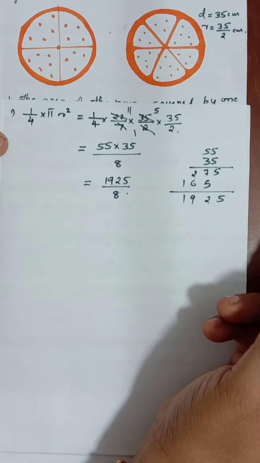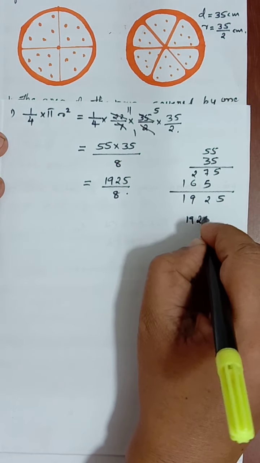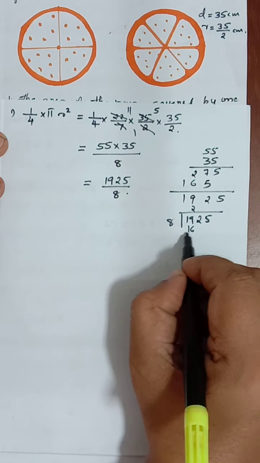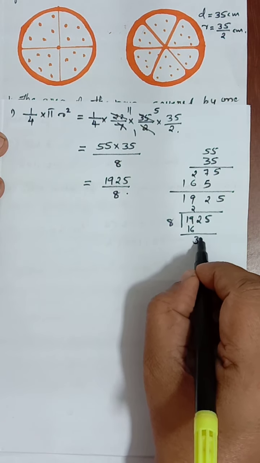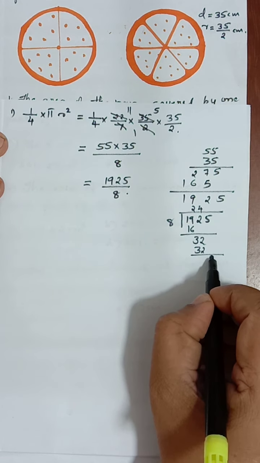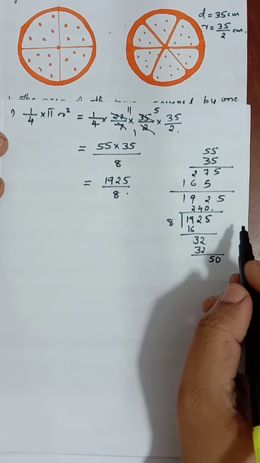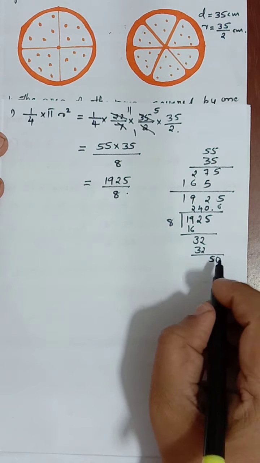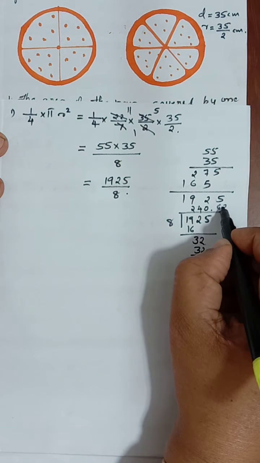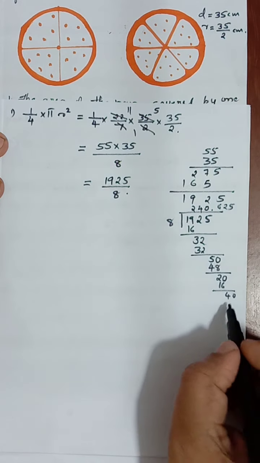All of you have to do the calculation. 1925 divided by 8 it is. How many times? 2 times. 8 2s are 16, bring down 3, 4 times. 8 4s are 32, 5. Again you cannot, so give the 0 and put the decimal. Okay, 6 times. 6 8s are 48. We have 2, 20. Now comes 2. 8 2s are 16, 4. 8 5s are 40.